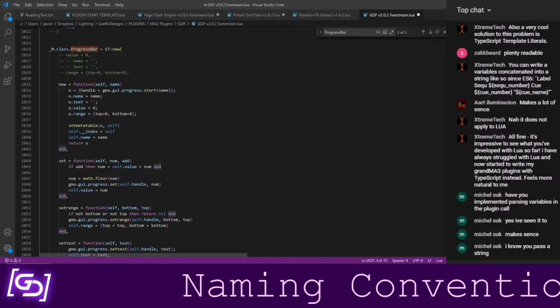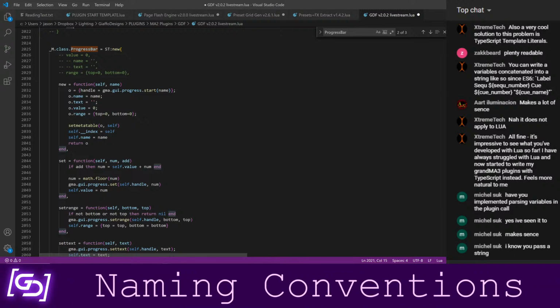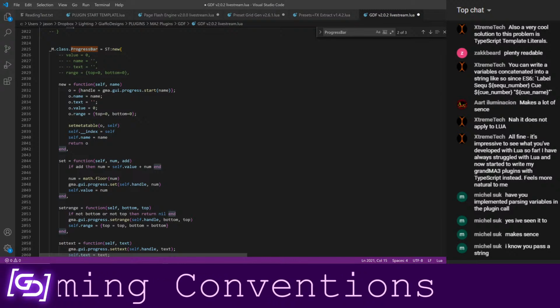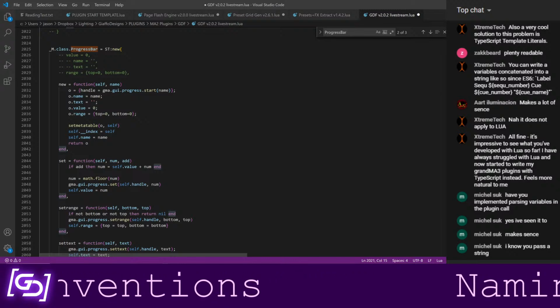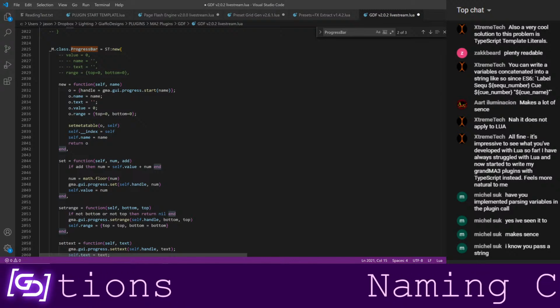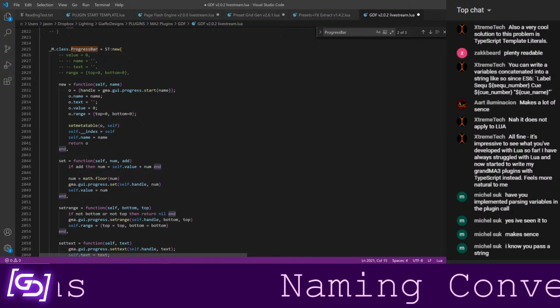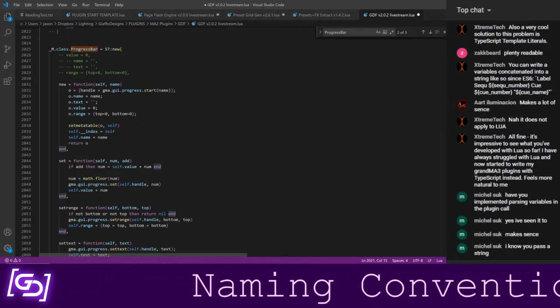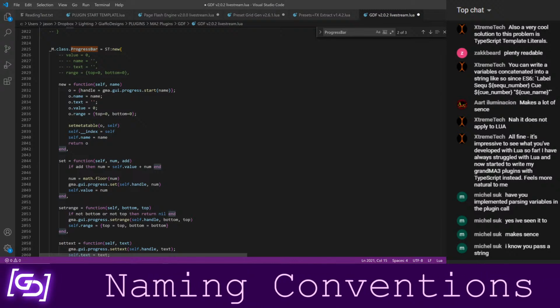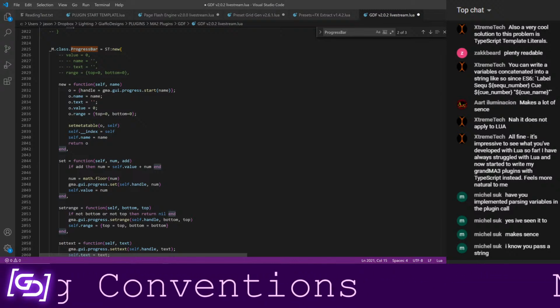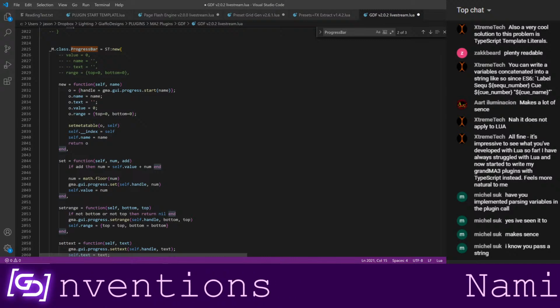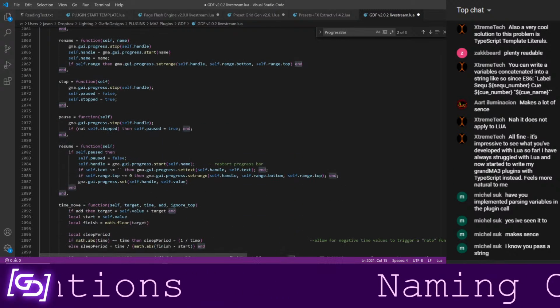That number is a handle. That is how you refer to that progress bar for MA, so it knows how to do something with it. You don't get any kind of object back that tells you the range that it holds or whatever. You have to keep track independently of what the bottom value is, what the top value is that the progress bar can extend to, the text on it, and the handle number associated with it.